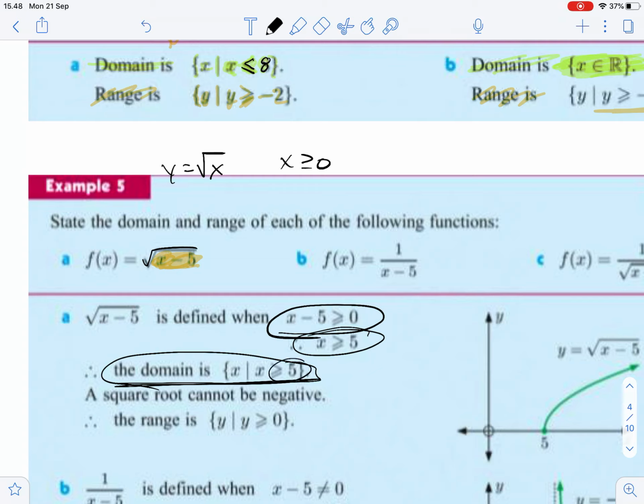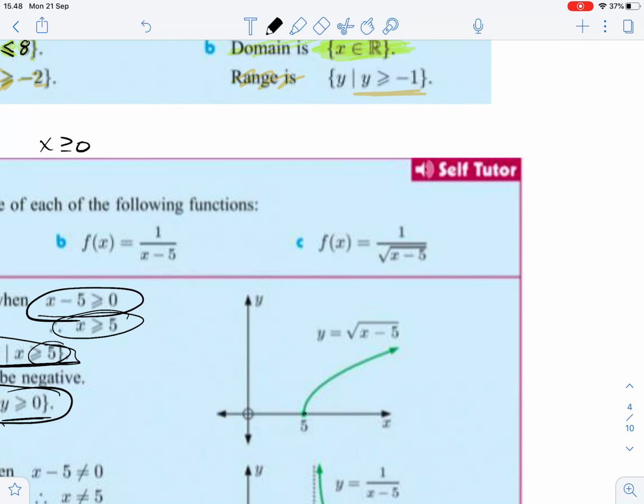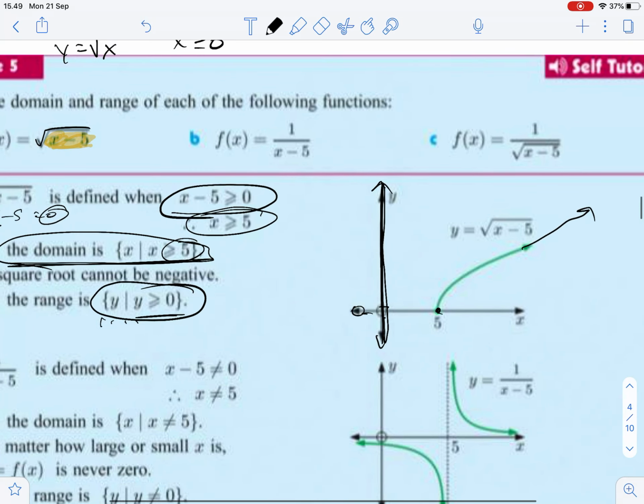Now, 5 is what's going to make this 0, 5 minus 5 equals 0, and that's the smallest input you can put in there, and that will be my smallest output. So 0 is my smallest output. So my range is the set of y values such that y is greater than or equal to 0. And if you were to graph that, you could see the most it goes down is at 0, and it continues to go up forever and ever. Okay, for B,